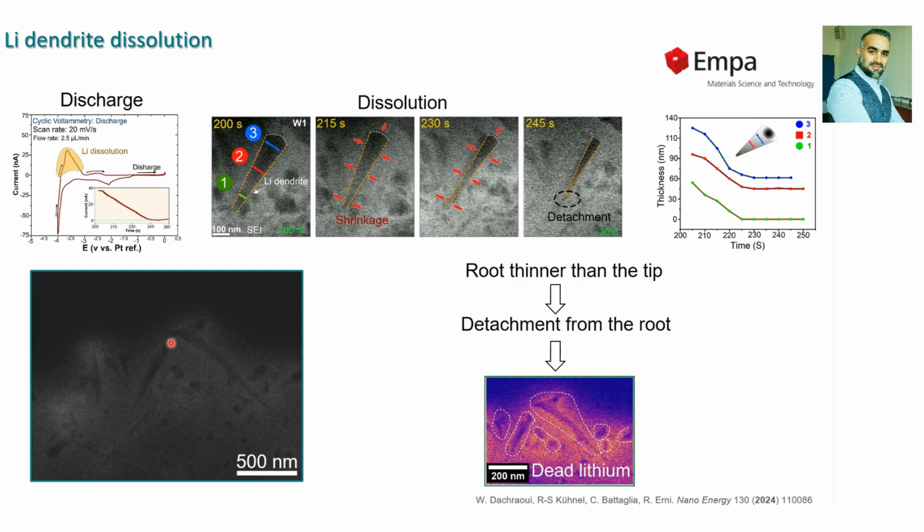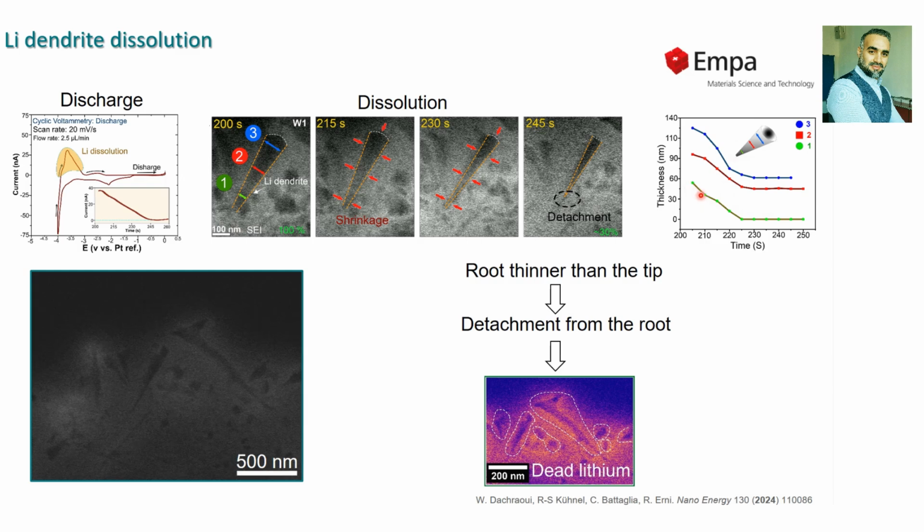We start with the complete lithium dendrites, and then we have thinning until we have some lithium metals which are not involved in the reaction anymore, meaning that they are disconnected from the electrodes. Here is a typical lithium dendrite where we studied the thickness of this dendrite at the bottom, in the middle, and at the tip, and we found that we have homogeneous thinning until we have detachment from the bottom, and this can be explained with these